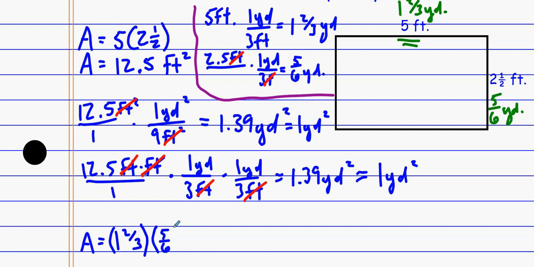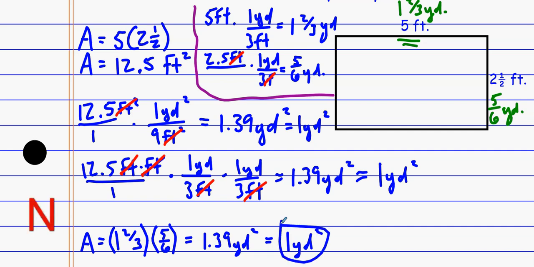And again, because it asked me to round this off, I can just plug it right into my calculator. And once again, I get the 3.9 square yards. But again, it asked me to round it to the nearest yard, so it's 1 yard, or 1 square yard rather. Okay, so a couple different ways to do it. All right, you might feel most comfortable converting it right away and then finding the area, or you might have to do a little bit more thinking in terms of converting the area from one unit to the next. Okay,